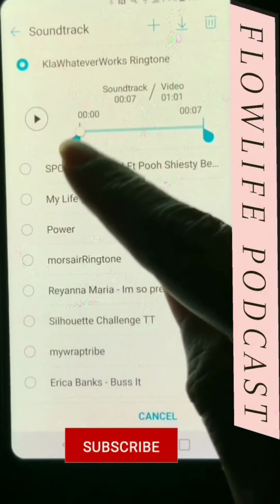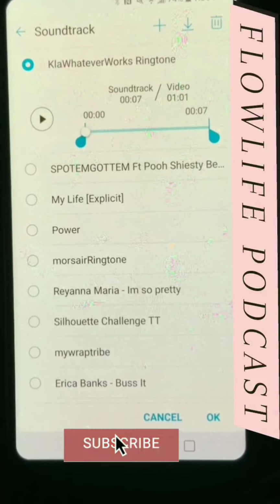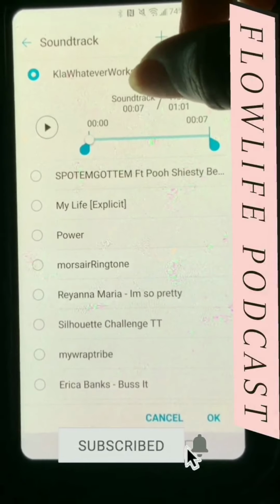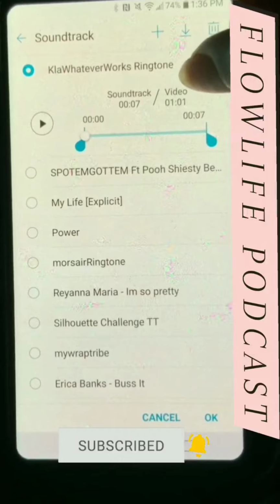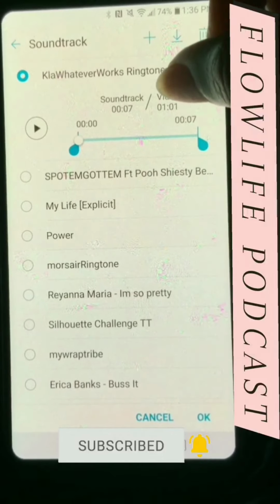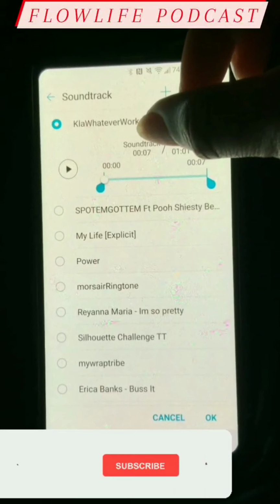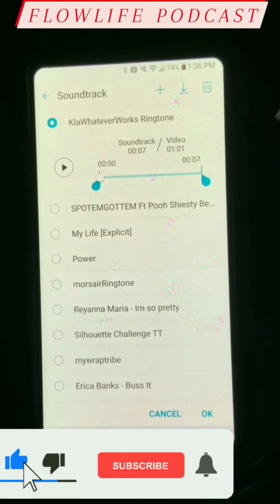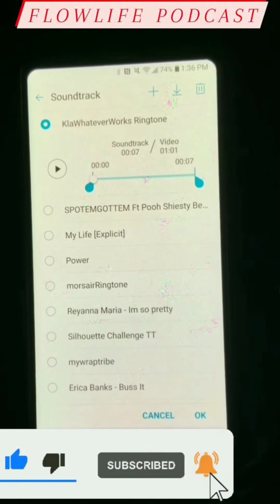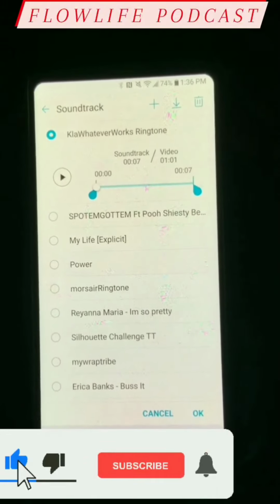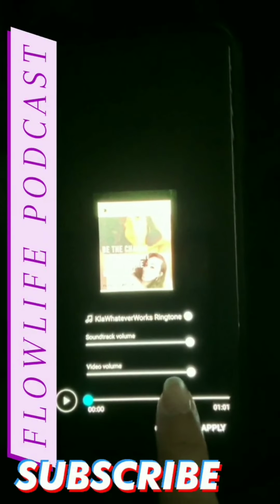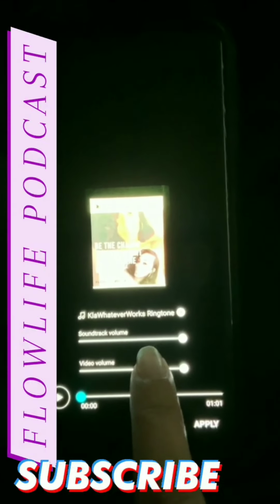You can actually preview it by pressing play, but when you do that, it'll show you how long the soundtrack is, 7 seconds, and how long your video is. So if your video is longer than your soundtrack, it will just keep looping over and over and over again. So I'm about to show you. I chose that one. There's a dot right there next to the controls the volume of the video and the volume of the soundtrack. So if I play it as is,